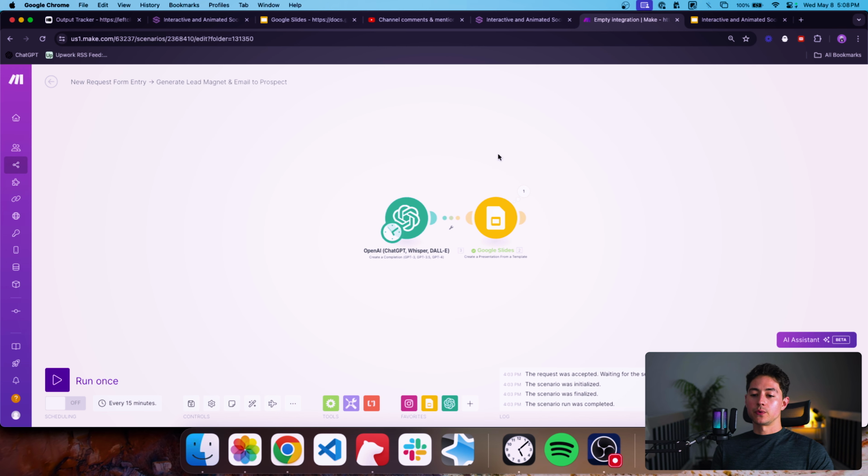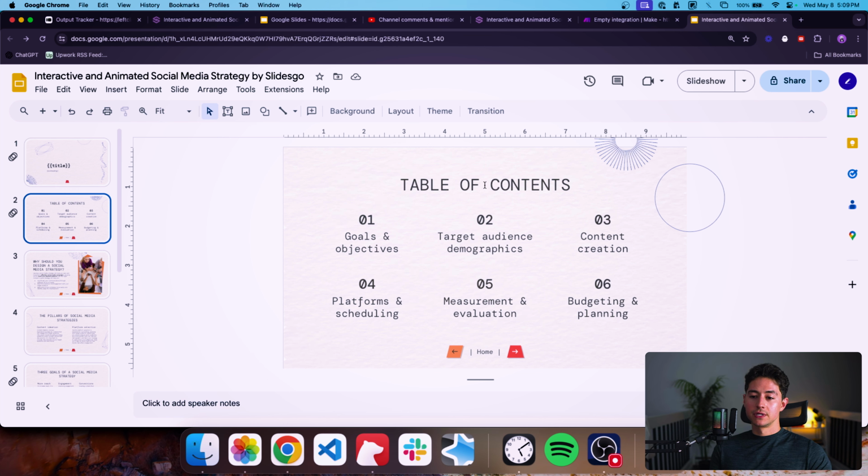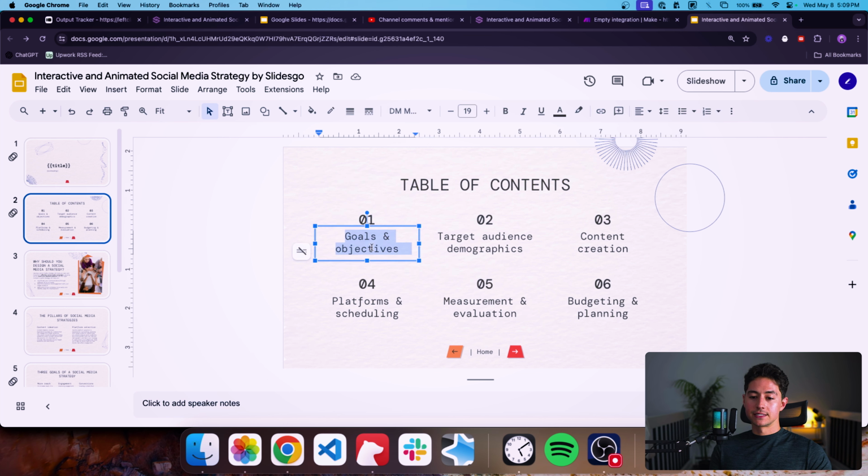Okay, great. So now that we have all of that scaffolded, what I want to do next is figure out the variables that I'm going to need to have OpenAI generate for us. And so obviously title is going to have to be one of the variables. Subheading is going to have to be another one of the variables. We'll leave table of contents as is, but why don't we do